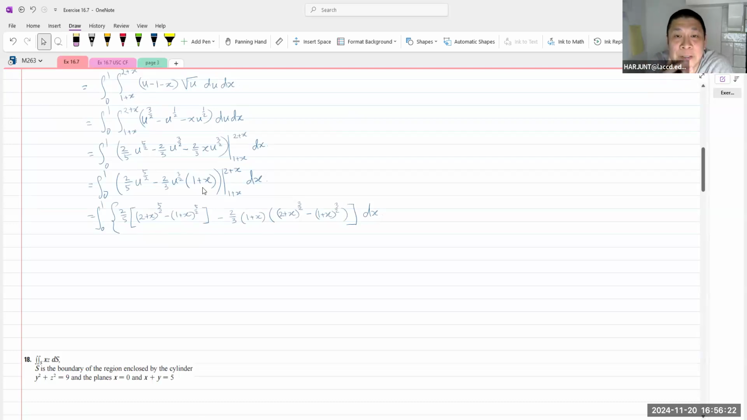I don't know how to do this, honestly. I want to simplify this before I integrate another one, so be patient with me. This will be 2/5, 2 plus x to the power of 5 halves, minus 2/5, 1 plus x to the power of 5 halves, minus 2/3, 1 plus x, 2 plus x to the power of 3 halves, minus 2/3, 1 plus x to the power of 5 halves,